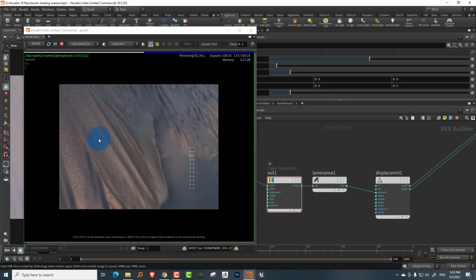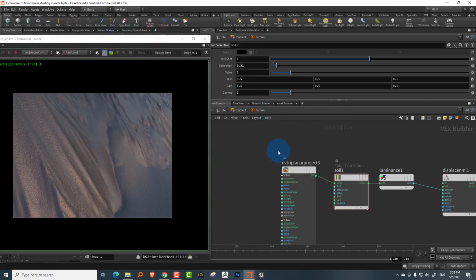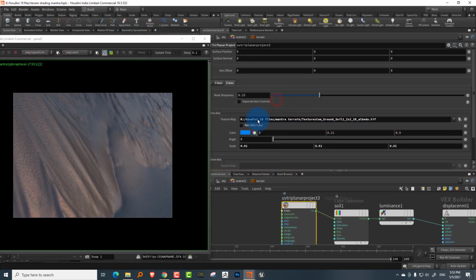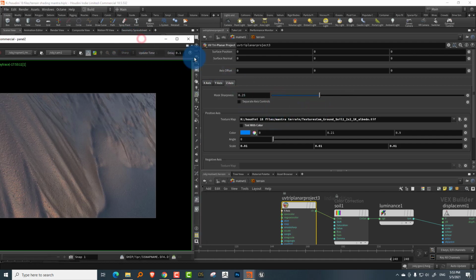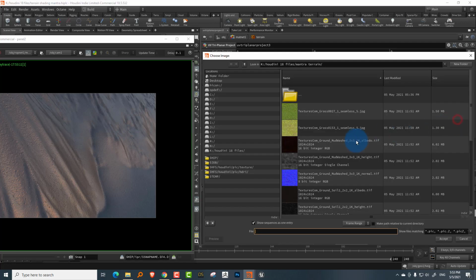So this is your basic bump map. It's on a terrain, so it's all really fine information. From a distance, you can't see anything. But yeah, there's your bump map. Actually, we also need to make a small change, which is, this is using the color map. We want to use the height map that we have. So I'm going to come back to the UV planar project that we have and